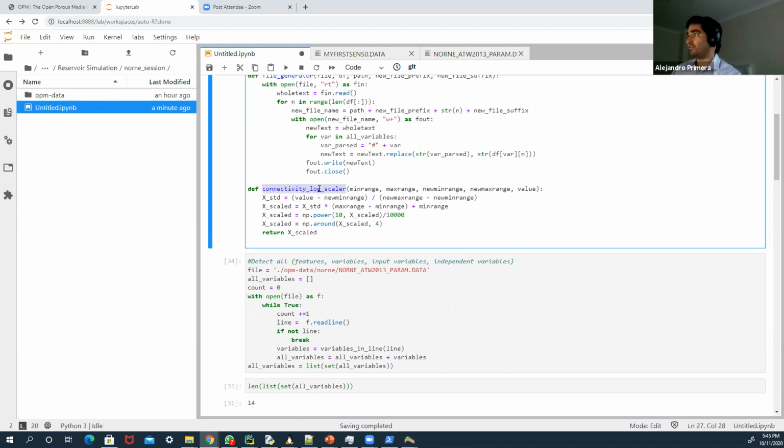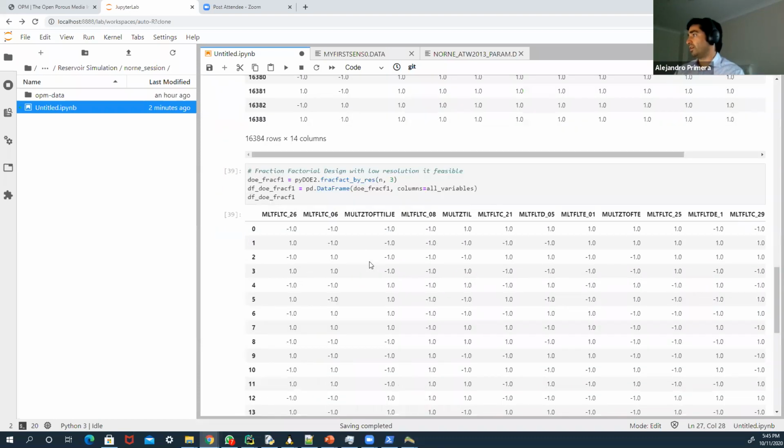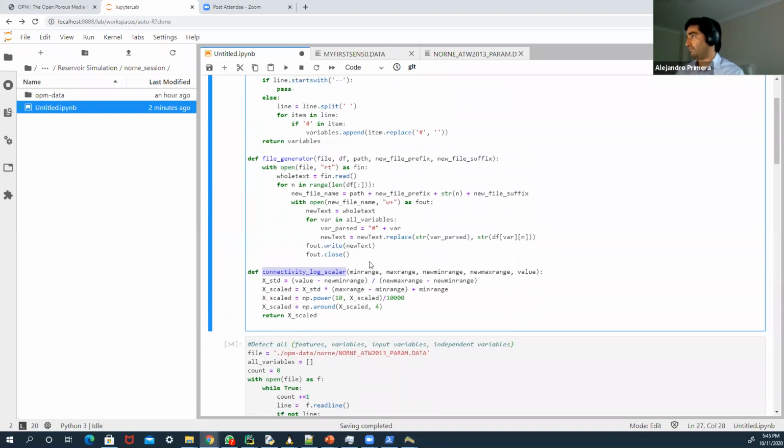And this is quite useful for connectivity because you want to really test your connectivities in order of magnitudes. You don't want to take a transmissibility multiplier and try 0.5, 0.6, 0.7. What you really want is to test 0.001, 0.01, 0.1, and 1. So that's the kind of magnitude that you want to test. And with this connectivity log scaler, if I run this function,